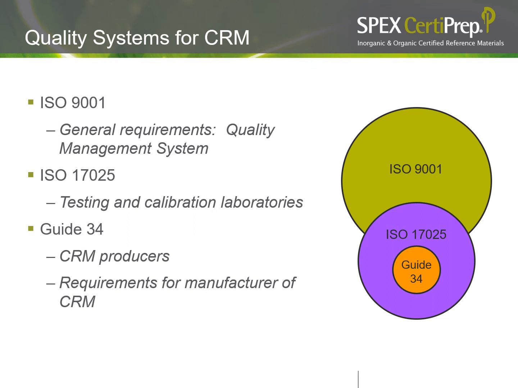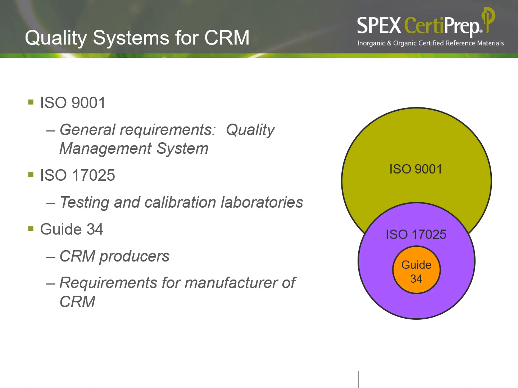So the organization and management requirements, for example, quality systems, documentation, services and supplies, preventive and corrective actions, audits, and reviews are usually covered when the laboratory is already certified according to ISO 9001 or accredited under ISO 17025. Well, in ISO Guide 34, there are a few additional requirements that deal with the production of CRM, okay,